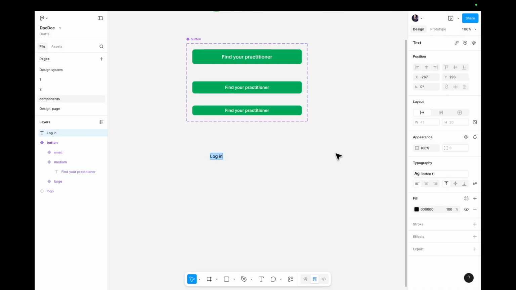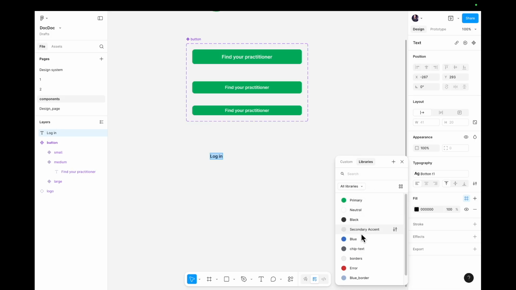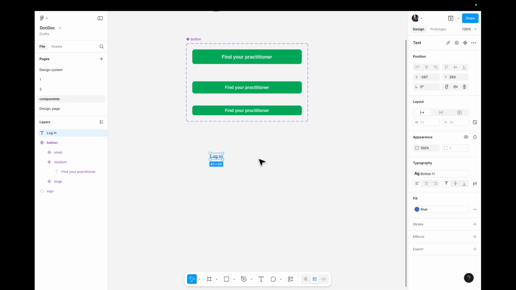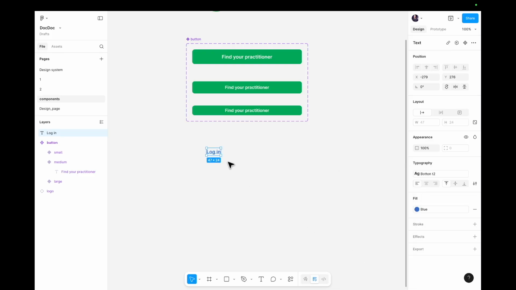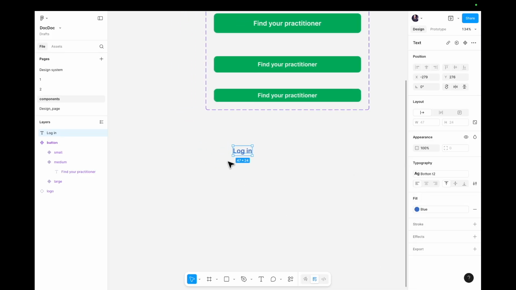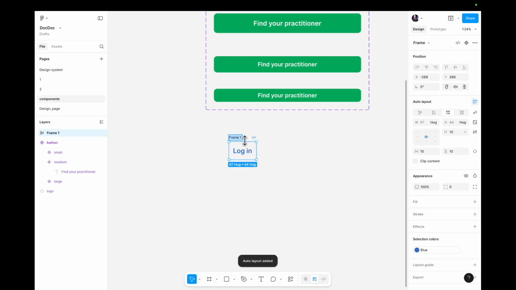So login, it was blue. Also I have it in my library. And I will have at first the larger size and then the other one. So this is a login, but because it's only a text, I need to just shift A